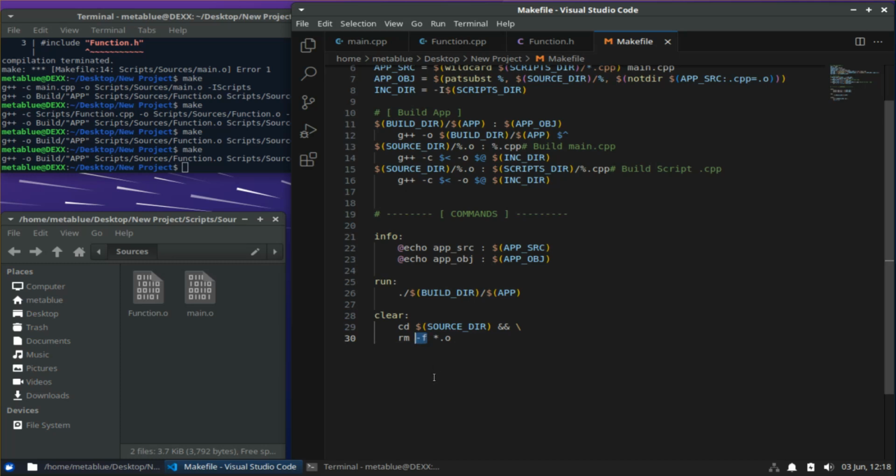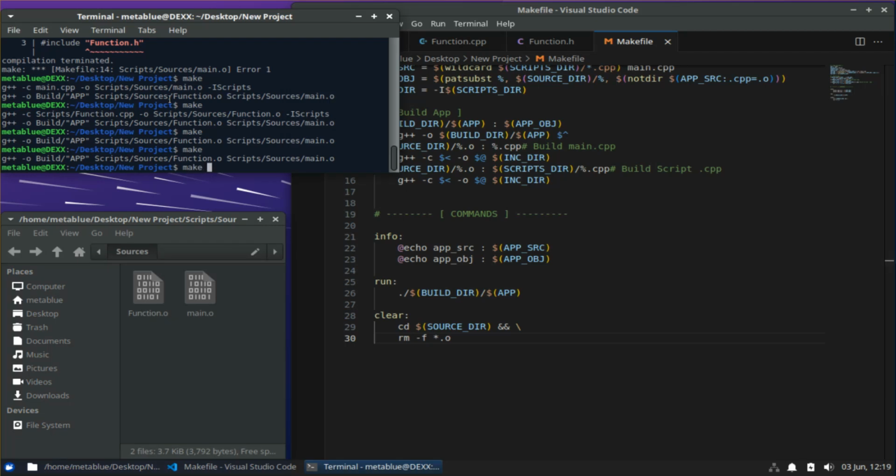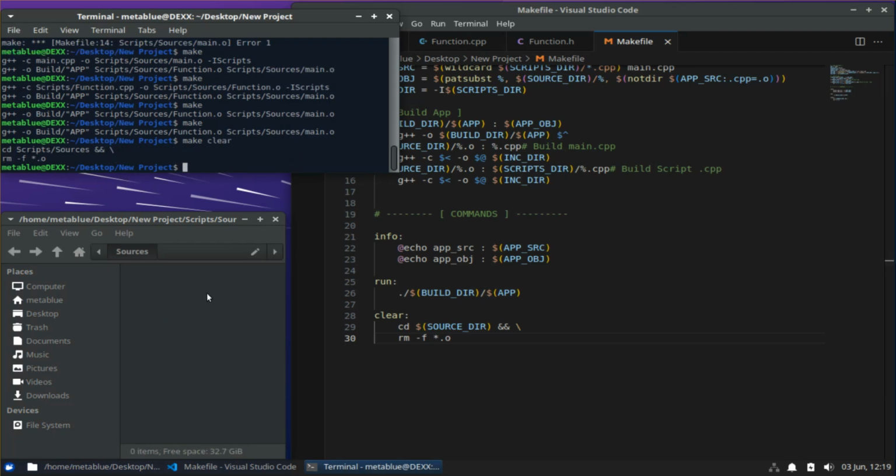Now, I can't exactly remember what this is. I think F stands for file, and maybe D for directory. I really think that's it. But in the end, it doesn't matter. I mean, you can always look it up. You know, Google it, remove -f, and it will show you what it means. But I'm pretty positive it means file and then D for directory. But the point is now in this source file, if I just say make clear, it will